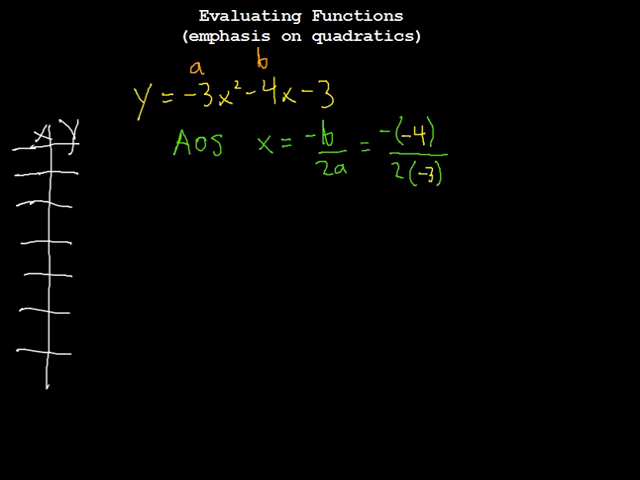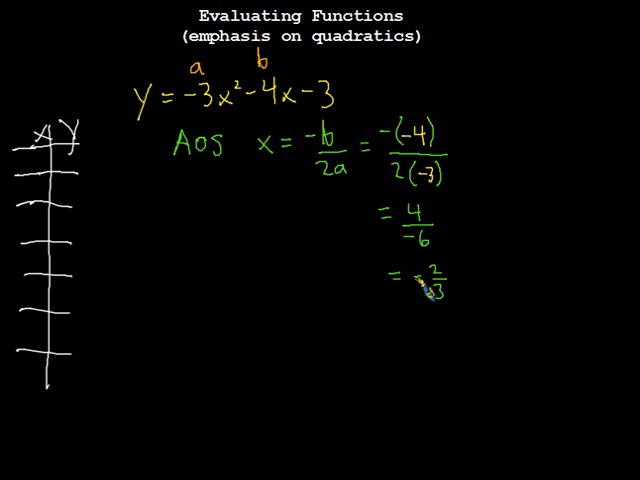And we'll go ahead and try to evaluate that. Remember, -4 is +4, and 2 times -3 is -6. And we can simplify this to be -2/3. Now, if you didn't know it already, you'll notice that the negative sign's down below and I pulled it